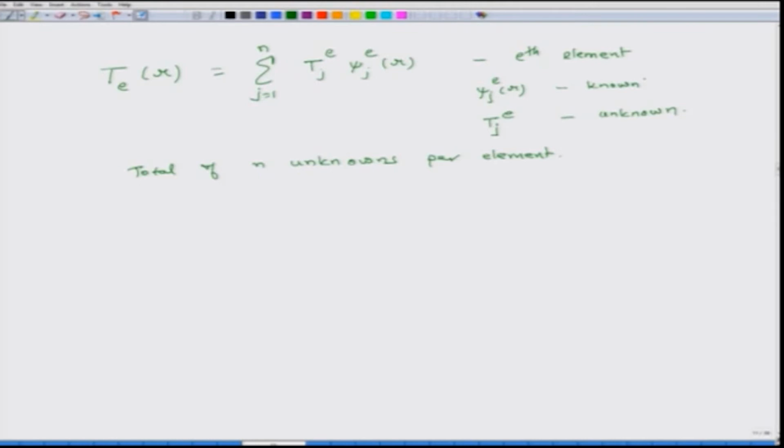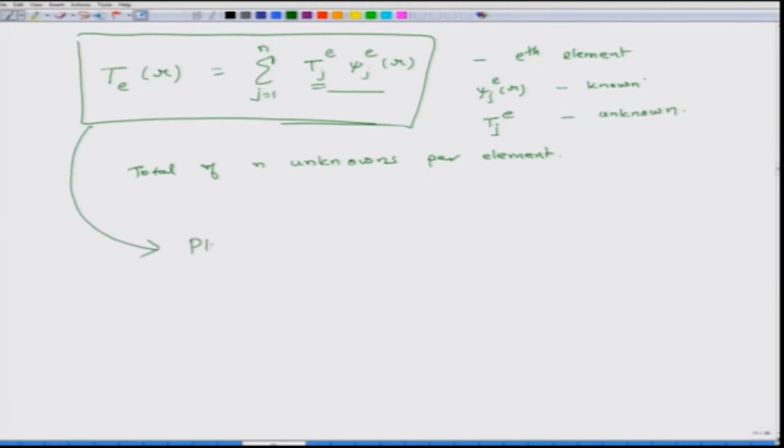But the point is that we have assumed that this is how t varies over the radius. So what do we do? Now up to this I have given you in detail. Now I will give you an overview, because all the details will go step by step, we will develop them step by step. So what do we do? We know these functions, these constants we do not know, we plug this in the differential equation.